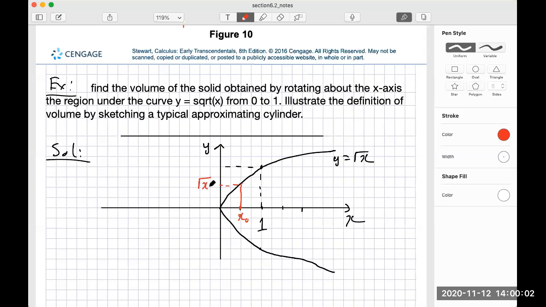Square root of x0, right? Because it should follow this line, right? This formula. So this guy, if x0 plus h is this one,